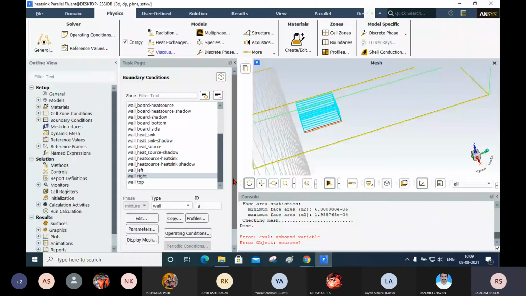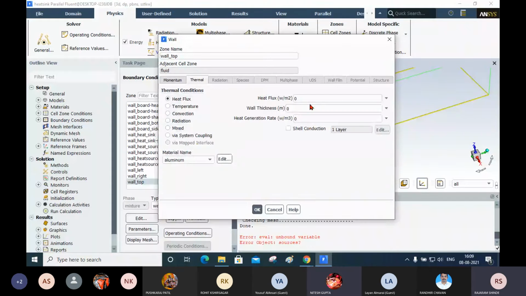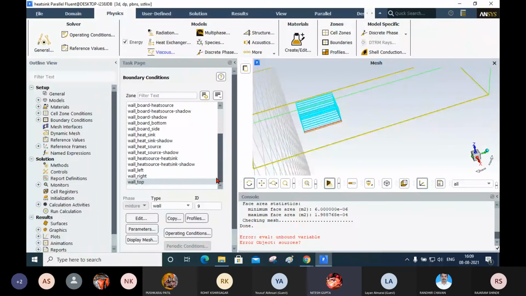And again you select the wall top, edit. Here also you select the thermal and 0 heat flux. You are applying 0 heat flux means this wall is not going to take part in convection.